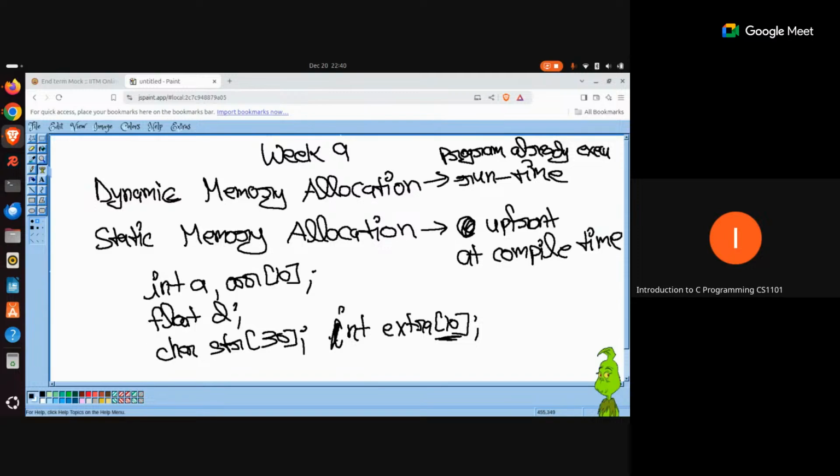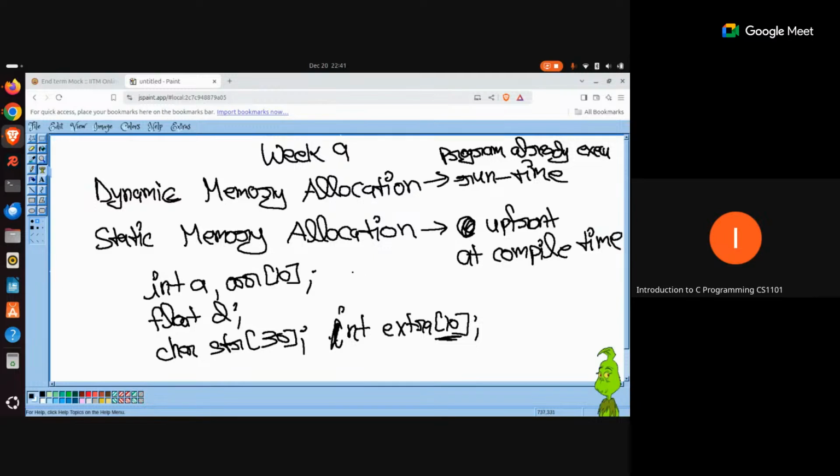The static memory allocation phase is already over. Whatever variables you had created as part of your program, their requests are all fulfilled. Now you need more memory, and more memory is needed when the program is already under execution. So how would you do that?